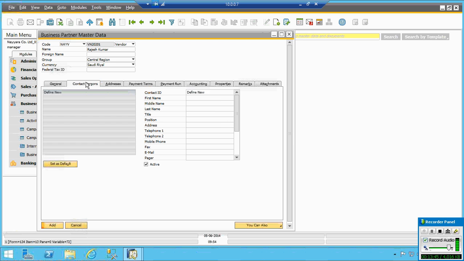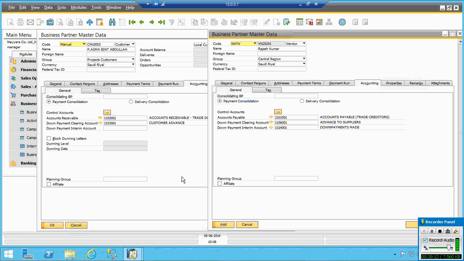This is the default account. Until you want to change the account, this is the account. If you want to change it, you can manually select and change it.